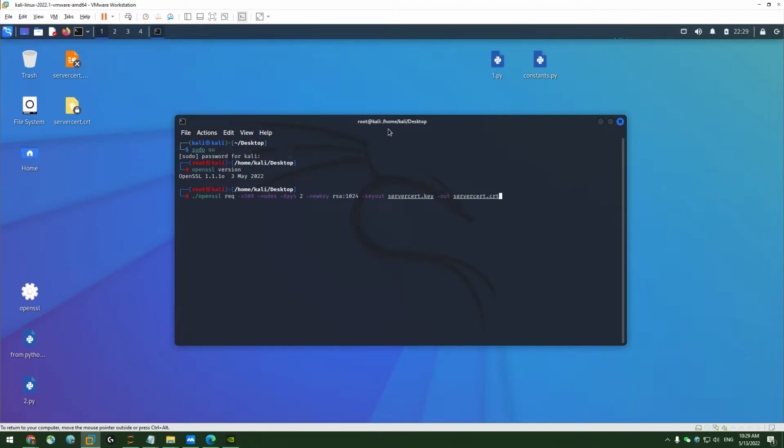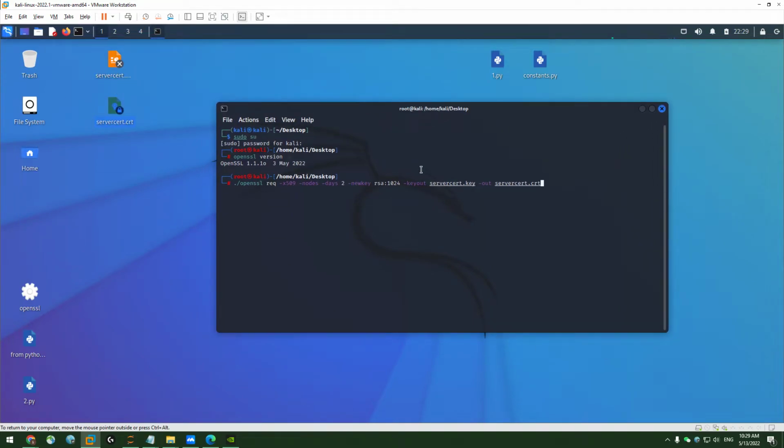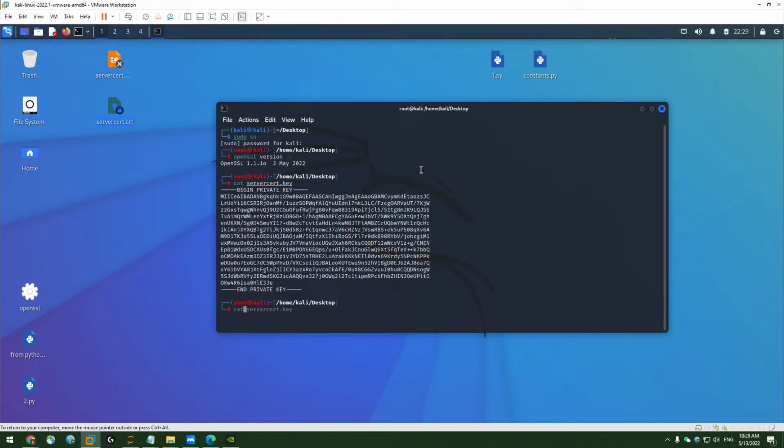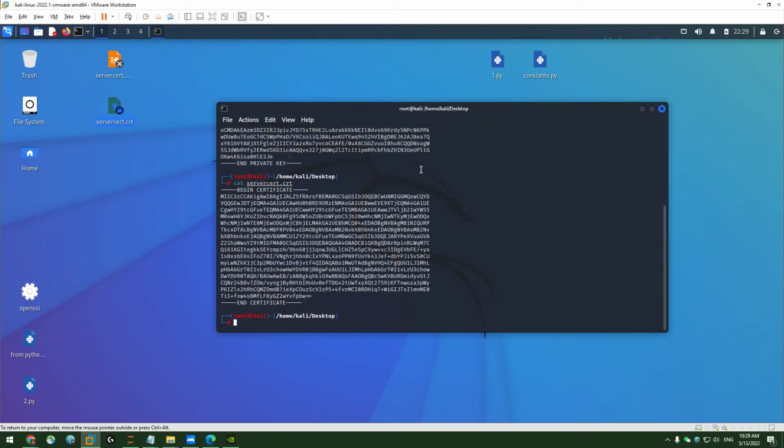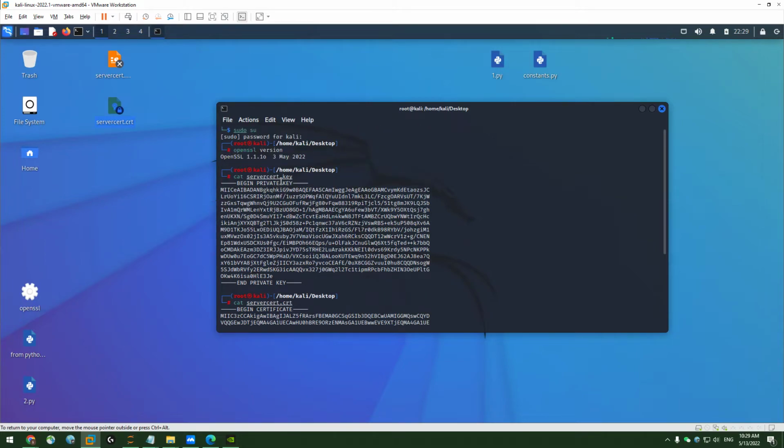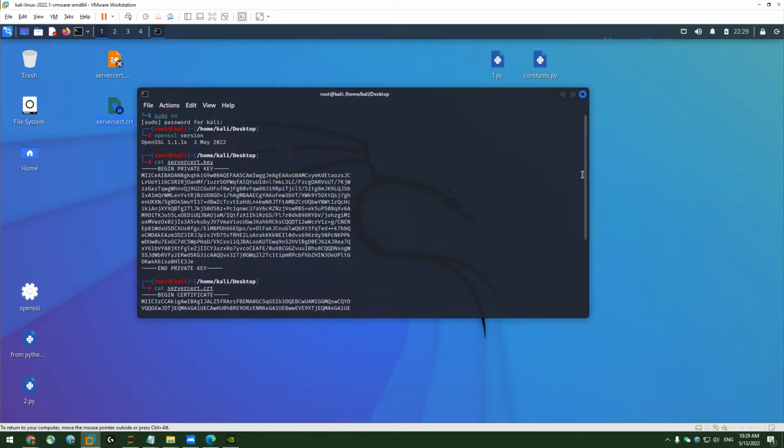I have already run this command. This will basically generate 2 files, and if we cat this file, we can see that these are the certificates, and these are the private key that is going to be used by the server. So after you have done that,